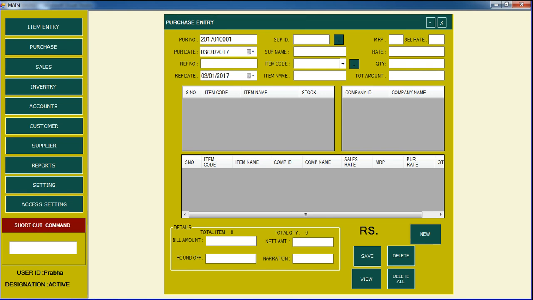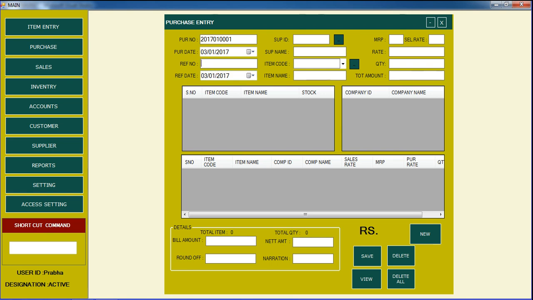What I want to tell you here is, see, same as save, update, delete, and view, everything is the same concept, but here one condition is applied. See, purchase number, purchase date, and then reference, who is the reference, and then reference date.